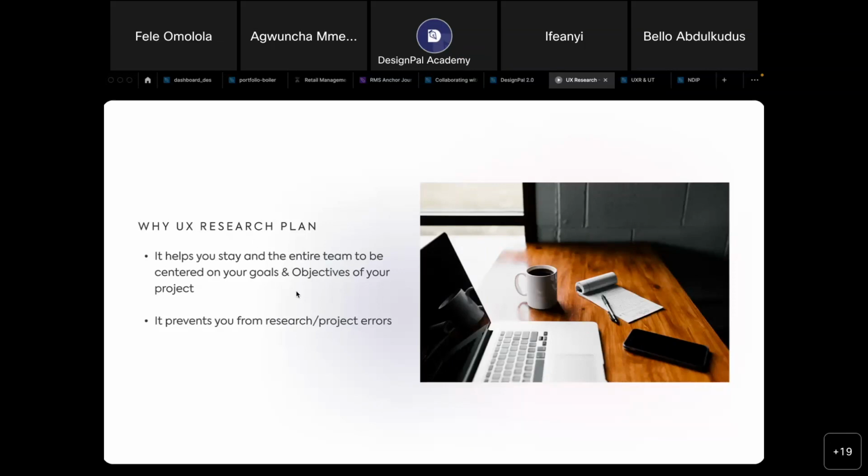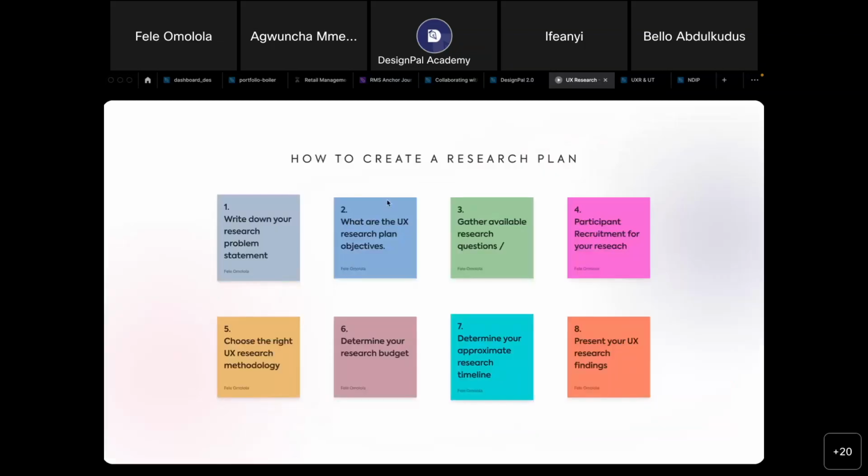The other one is that it prevents you from research and project errors. When I was defining what a UX research plan is all about, I said something about that. It prevents you from saying, I think I made a mistake here, I could not do this well, I forgot to do this. There'll be nothing like that. That's why it's quite important to always have a research plan. It also helps you avoid back and forth. You just need to be very careful when writing your user experience research plan. So the next one is how to create a